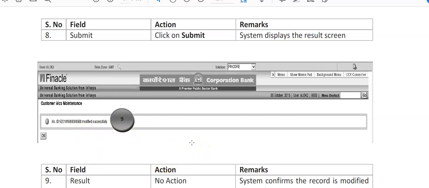So remember this: in the general tab details, change the mode of operation, then visit the related party details. The first screen shall be the same as the original account holder. Click on add on the left hand side. The same screen will appear with blank details. You just have to enter the KIF ID of the second account holder and his FATCA details. Click on submit. Now this has been modified successfully, which shall be verified later and the account will become a joint account.